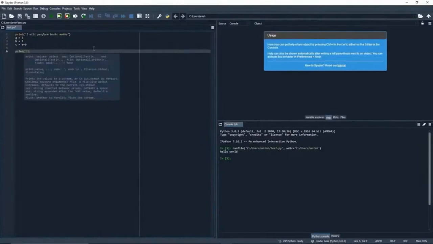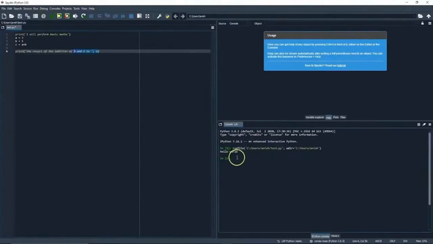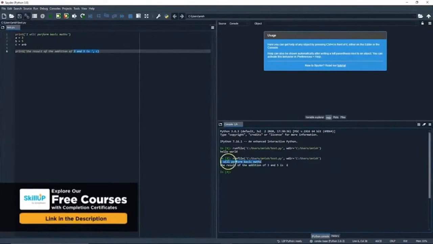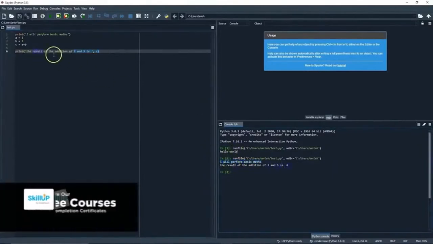I will print a statement saying the result of the addition of 3 and 5 is, and I will put my result over here. As you can see, I should get the result in this pane. So let's execute this, and you can see my first line is executed saying I will perform basic maths, and the next line says the result of the addition of 3 and 5 is 8.